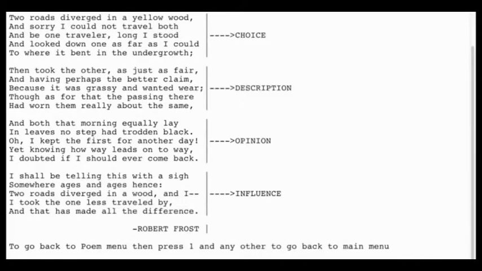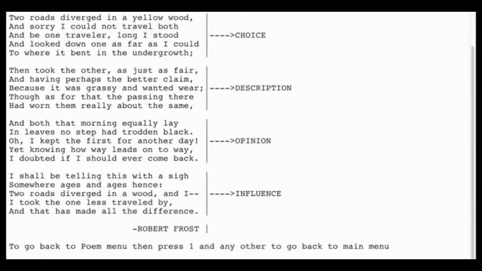So as you can see here, there are the paragraph-wise keywords. So for this entire first paragraph, the keyword that I have chosen is "choice," which means that the poet is trying to give out his choice in this paragraph. So by remembering this in a single word, you can link it to the previous option, that is the line-wise keywords. So if you remember only the word choice, you can link it with the line-wise keywords that were displayed in the second option. And then with the help of that, you can remember the entire poem in an effective way. So now this was the poem menu.